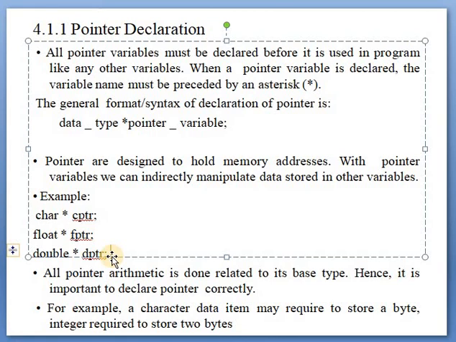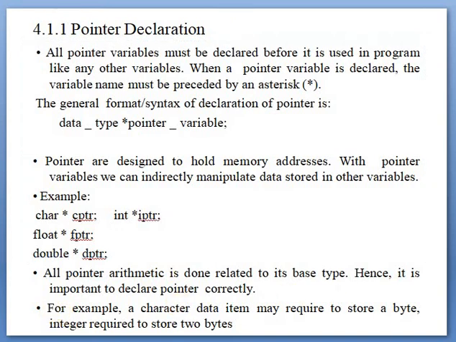Suppose if you want to store the address of an integer type of variable, so our declaration of pointer is int star, suppose IPTR semicolon. Now this IPTR is the integer type of pointer where we will store the address of the integer variable.